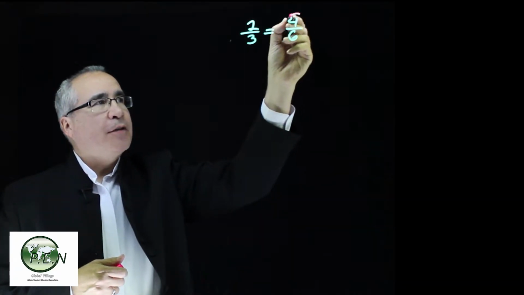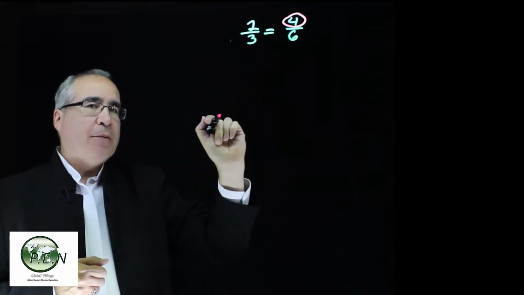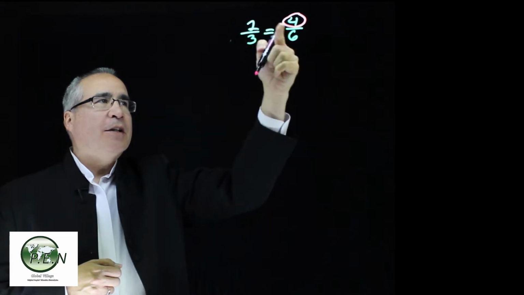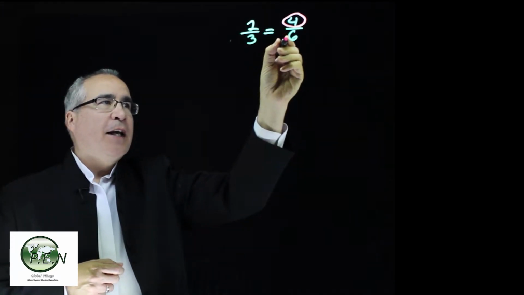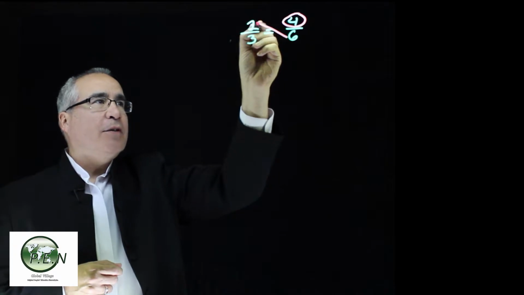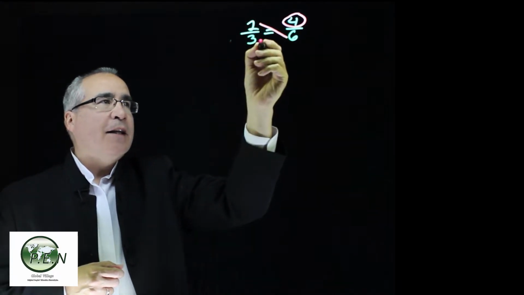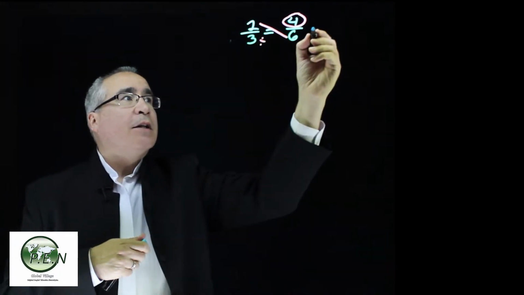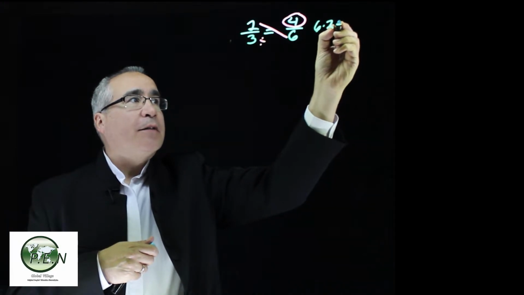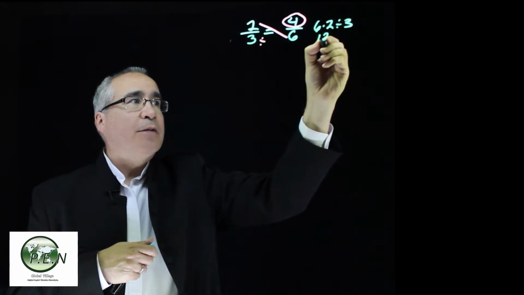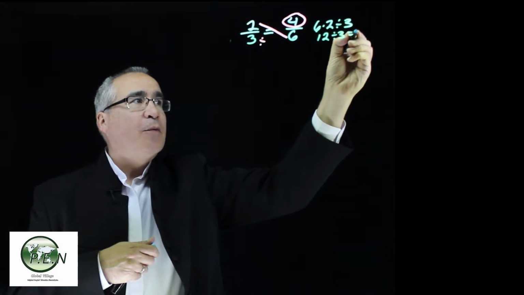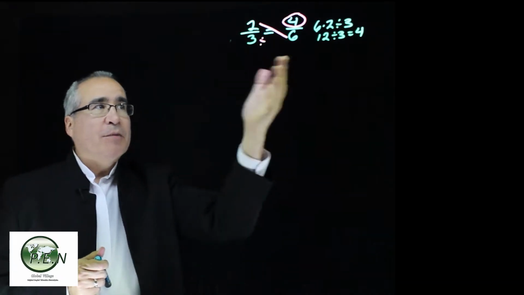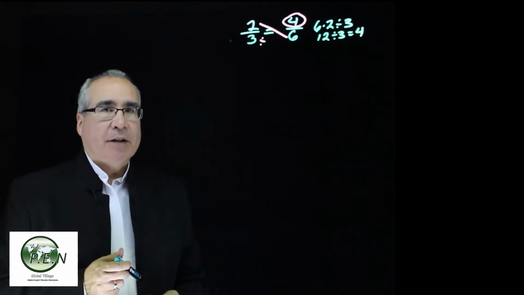I'm going to circle this 4. Let's pretend we didn't know that was 4, even though we do. Is there a method using the other three numbers that we could consistently come up with that number 4? So here it is. If we take 6 times 2, cross multiplying, and then divide by the 3, let's see what happens. 6 times 2 divided by 3. 6 times 2 is 12. When we divide by 3, we get 4. We get that top part